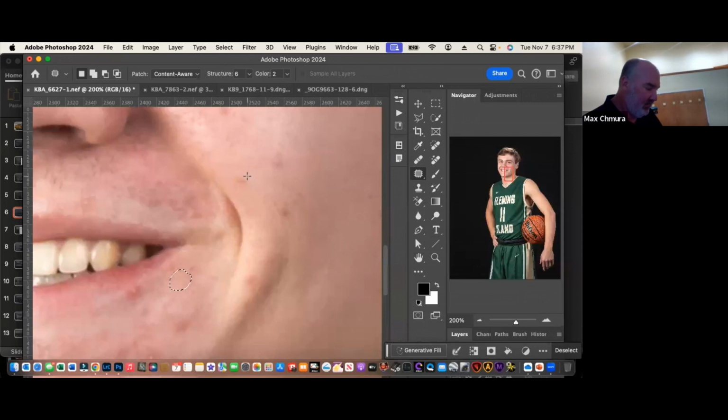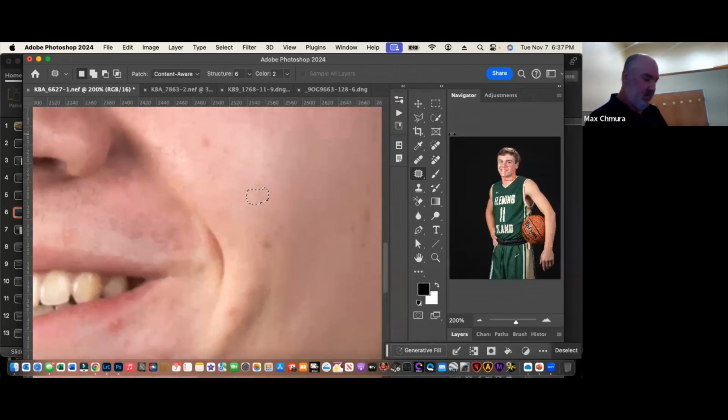So you have to select each little blemish and move it away. The next one is the healing brush. This is where you need to hold down the Option key and basically